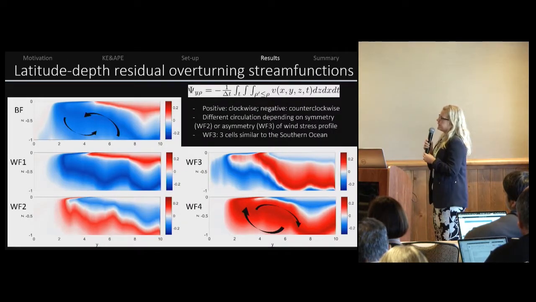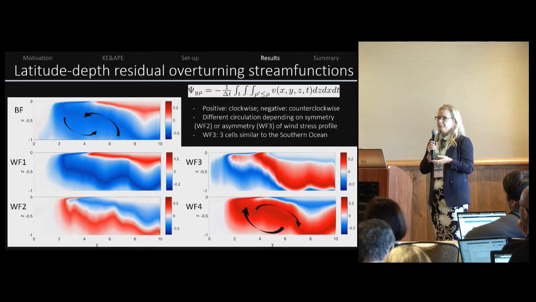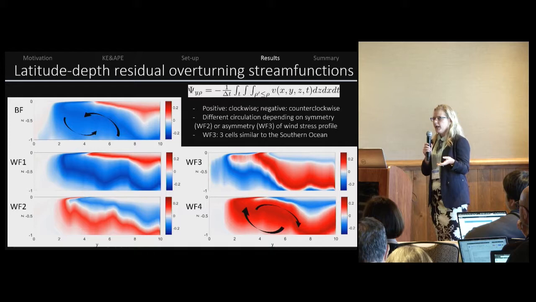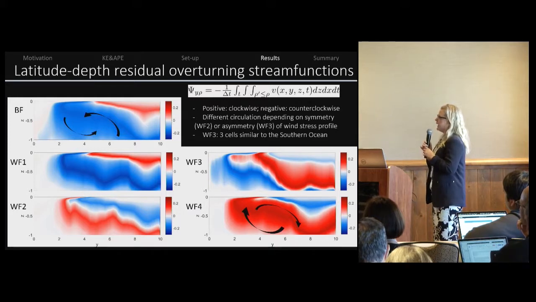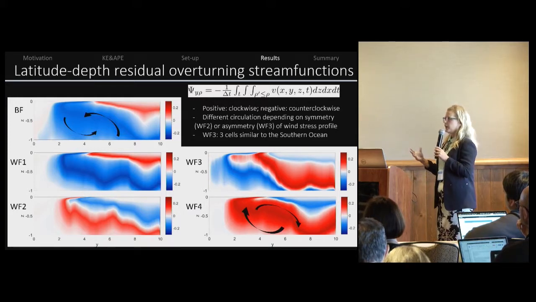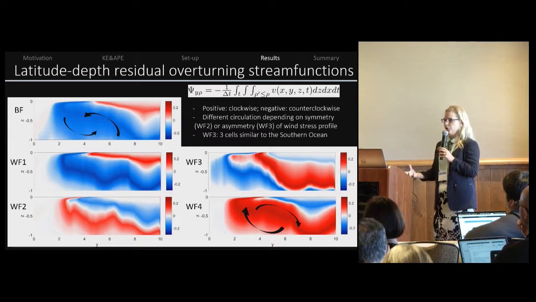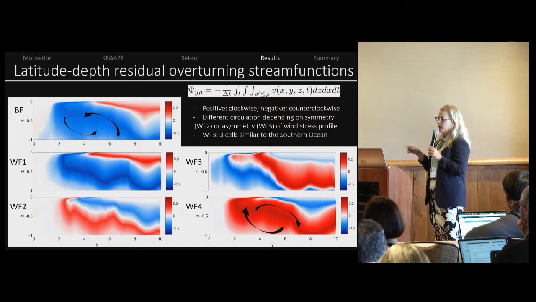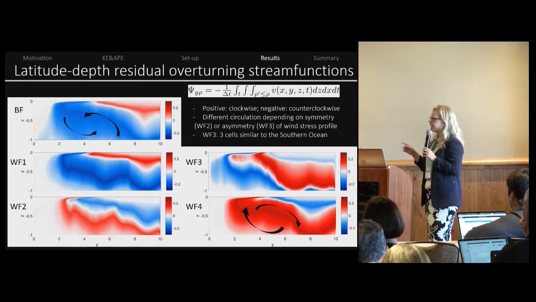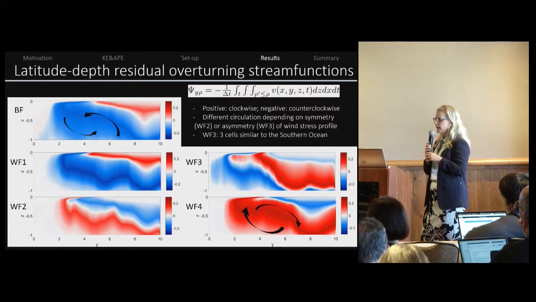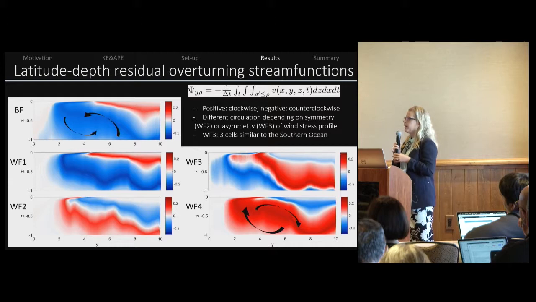One of the metrics that we used to analyze our simulations is this latitude-depth residual overturning circulation. Essentially, it shows where the flow goes in total, as the mean and turbulent fields get compensated. The negative cells rotate counterclockwise, and the positive cells rotate clockwise in this case. For BF and WF1, those are cases with either no wind stress or really small wind stress, they are largely,